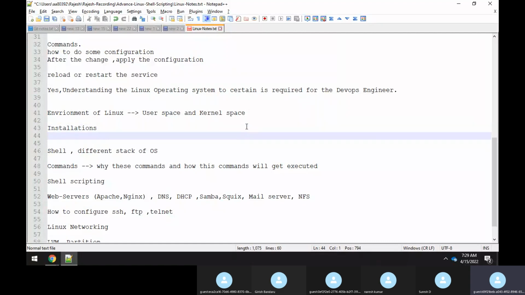A lot of people will have knowledge of virtualization. They would be using something like Oracle VirtualBox or some kind of VMware to install Linux. If you install Linux on VirtualBox or VMware or any kind of virtualization software, your Linux will act like a virtual Linux machine, correct?